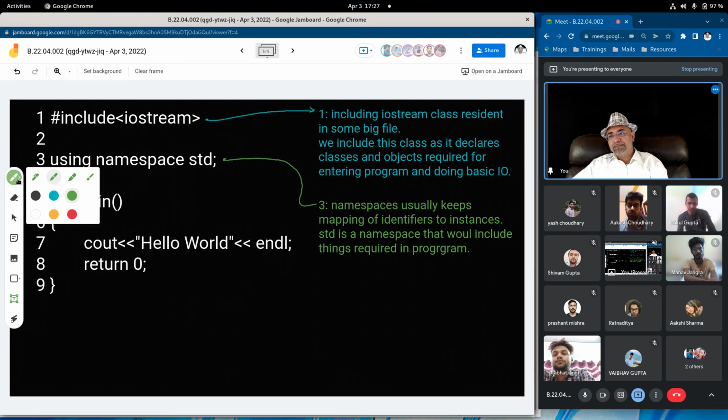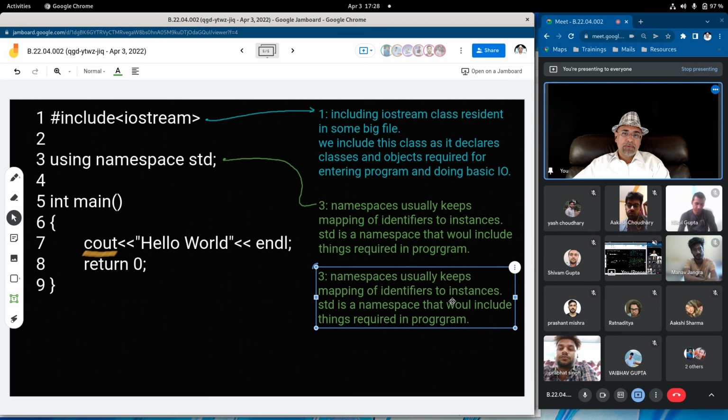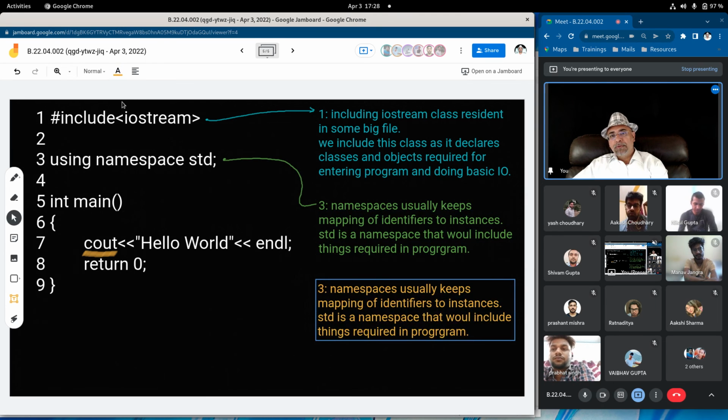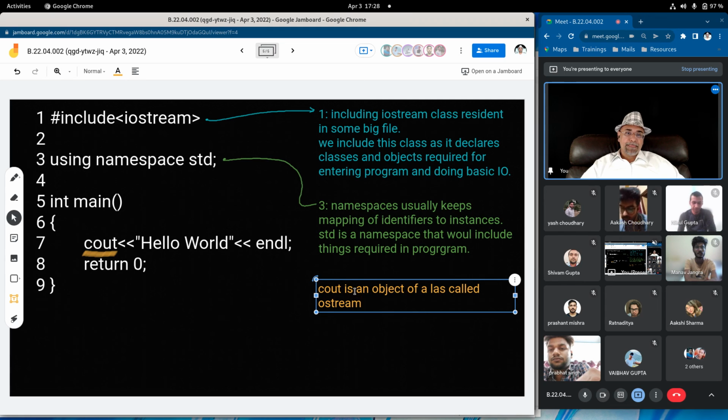I want to talk about cout. cout is an object, meaning it is an instance of a class in which you have functions and data, a class called OStream. This is an object of the OStream class, okay?